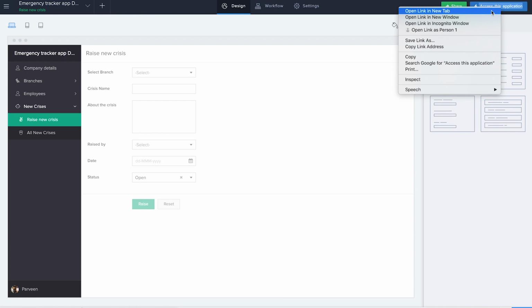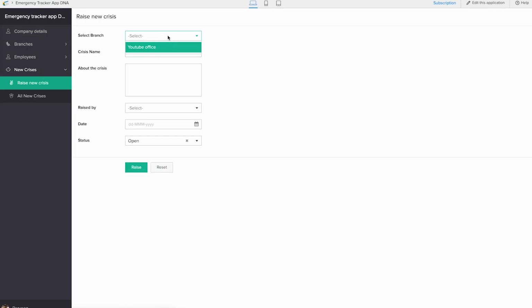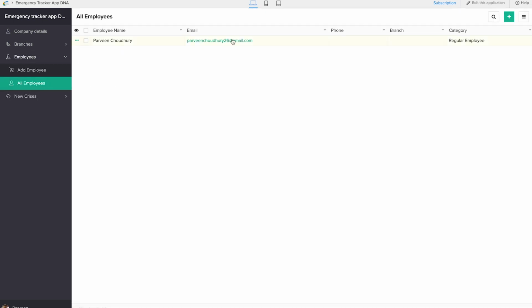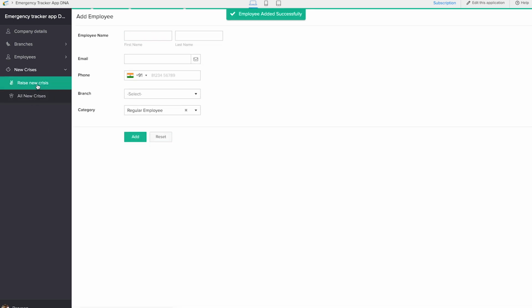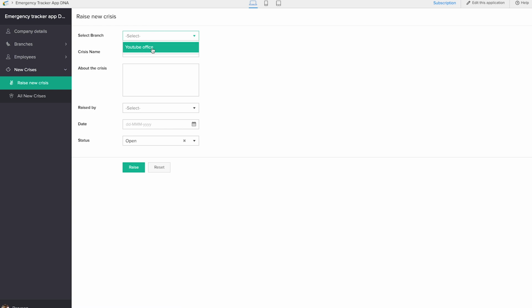I'll access the app in a new tab. This is the crisis form. I can select the branch YouTube office. Crisis name is system shutdown, raised by: no matches found. Now I want to show this because in employees, if you go to all employees, you'll see that I have been added only as a regular employee, but we have chosen that only crisis managers can raise a crisis form. So we'll add a new employee, Sadiq, the YouTube office, and he is a crisis manager. I'll hit add. This time when I go to add a new crisis, I can select the branch, YouTube office,